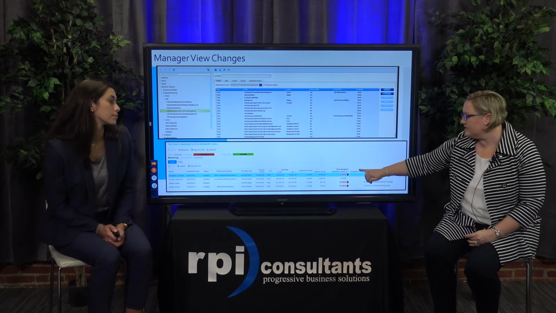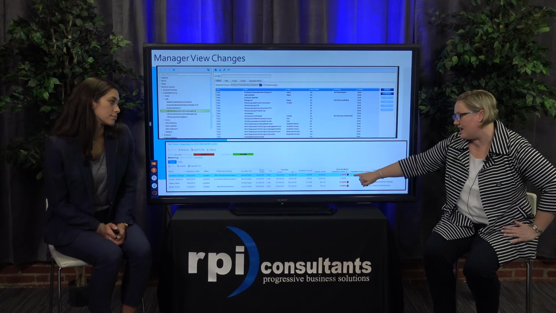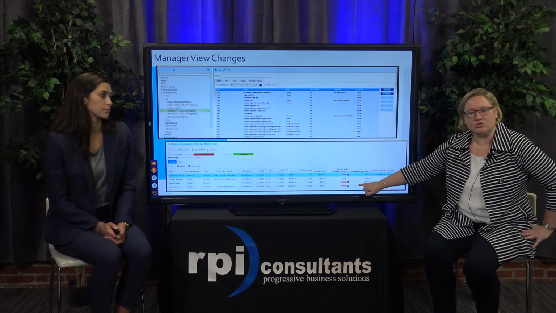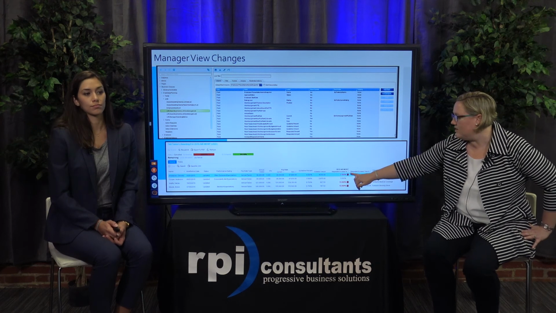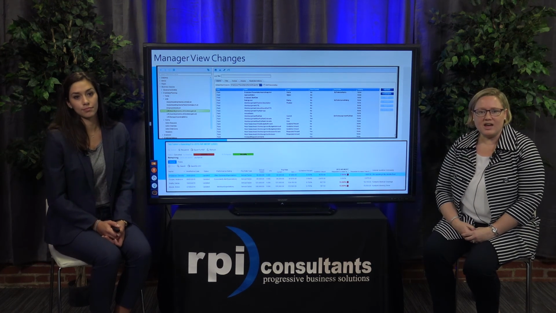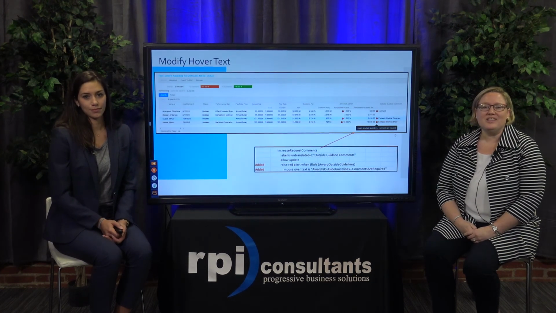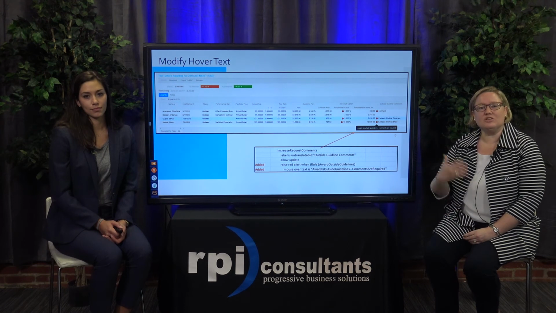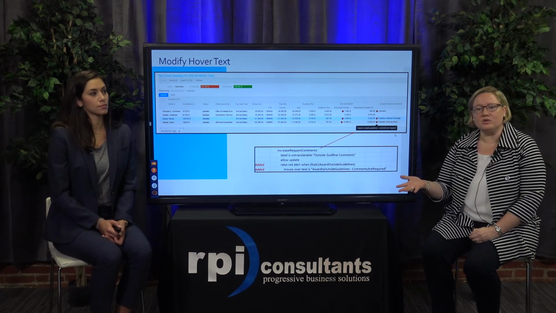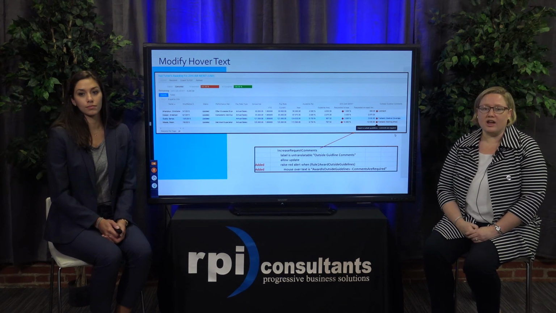And then here on the right are these exclamation points. These people have been given percent increases that are outside of the guideline percent, and it's telling them, hey, you're doing something. If you hover over it, we'll see in the next screen, you can modify the hover text even, to give your managers additional instructions right on screen there and say, you know what, this award's outside of the guideline percent here, and a comment really is required.